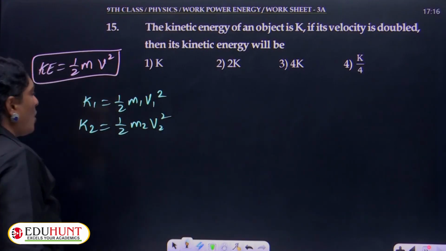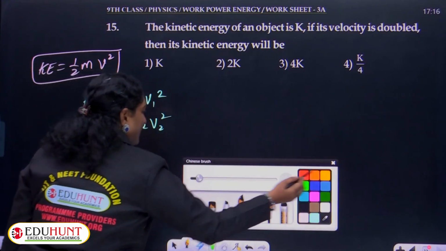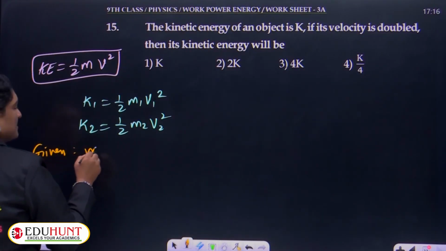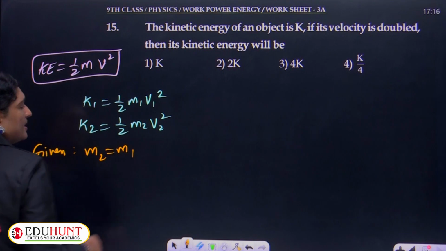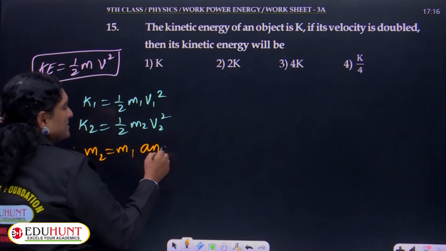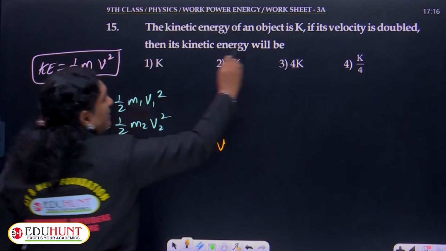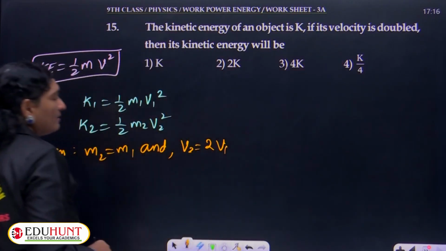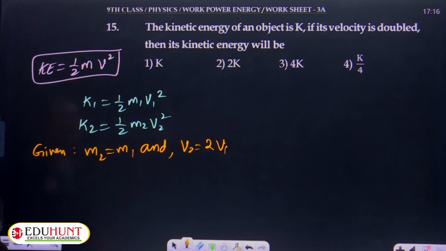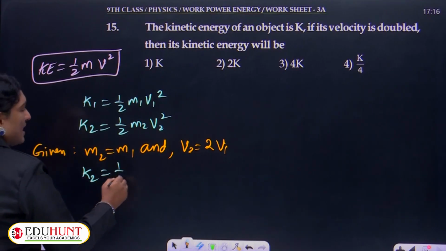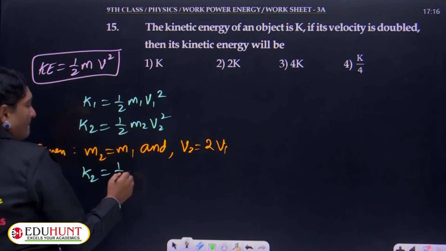As the object remains the same, no change in mass is observed, so m2 will remain as m1, but velocity v2 is doubled. If its velocity is double the previous velocity, you are asked to find the kinetic energy. So substituting these values in the above equation,